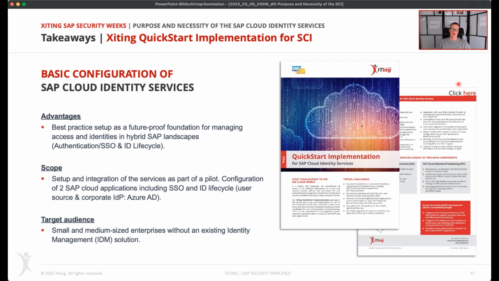It really helps you set the foundation for ID lifecycle and authentication, meaning we help you connect two applications in a small pilot environment and set up authentication and the ID lifecycle for them. So get more information embedded here, including the flyer and so on.